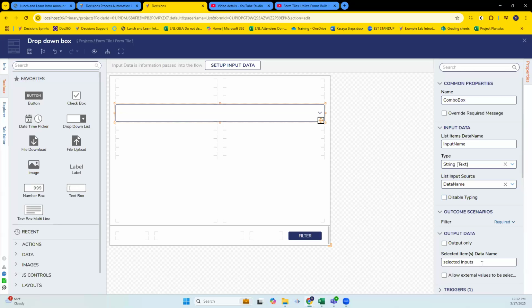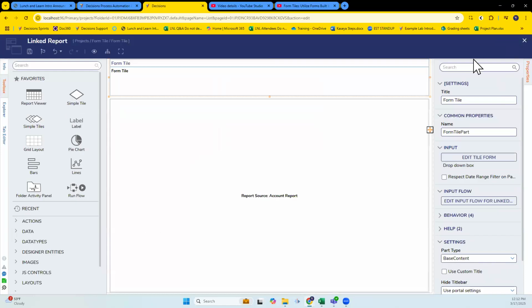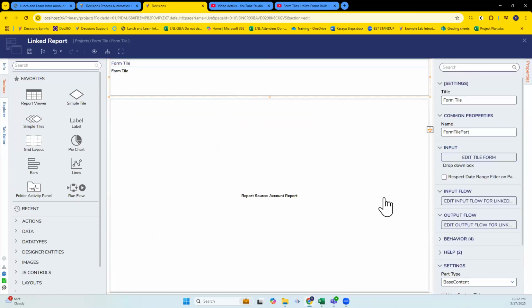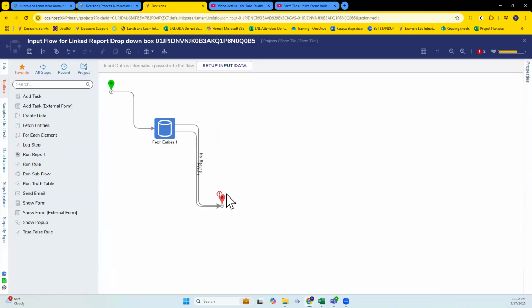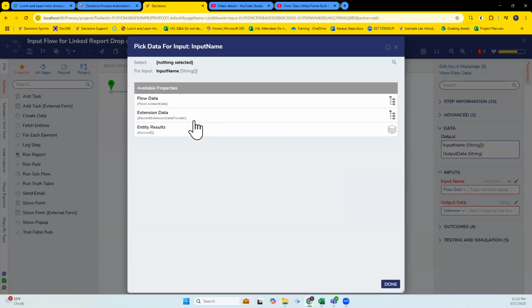Yeah, because the selected inputs is going to be your output. So I call this like output data kind of thing. That's your output data. Okay. Yeah, I think it's more complicated than that. And I didn't do it. Somebody else did. So I'm trying to... oh, I get it. Yeah, it's complicated.